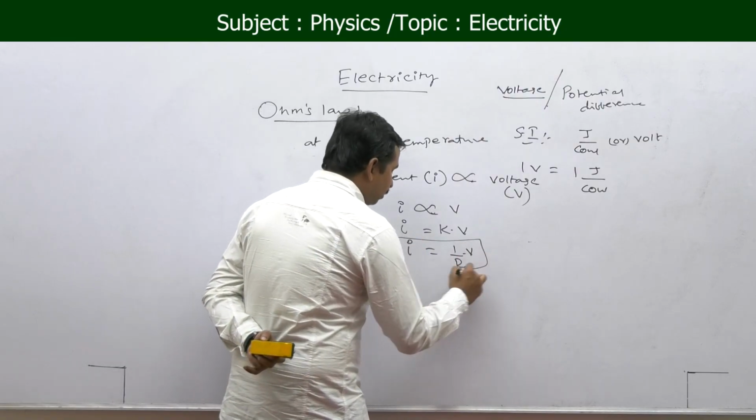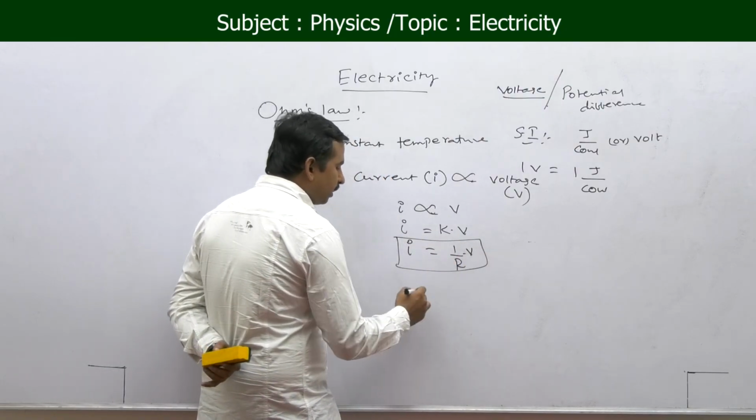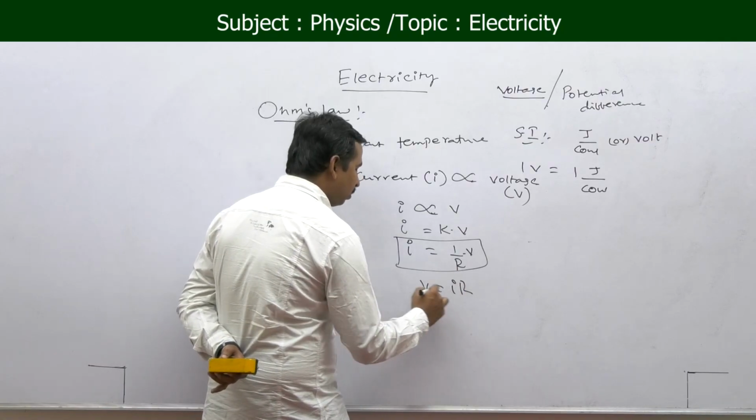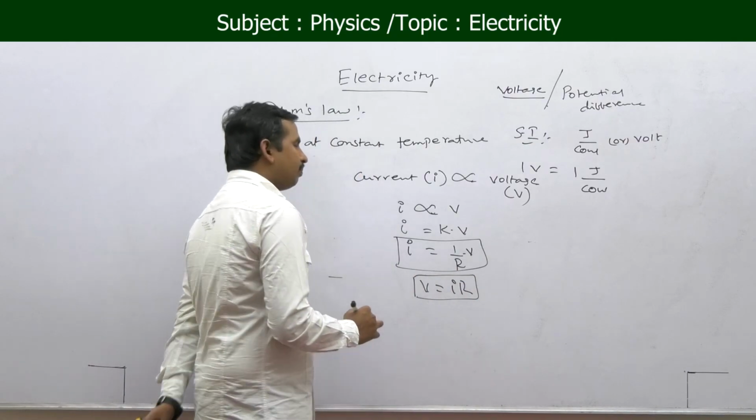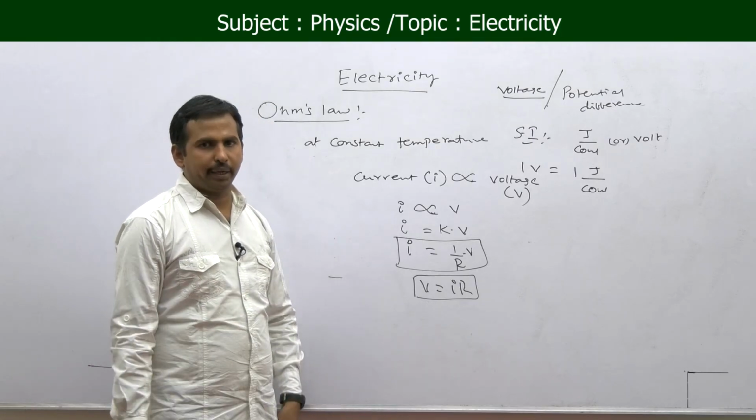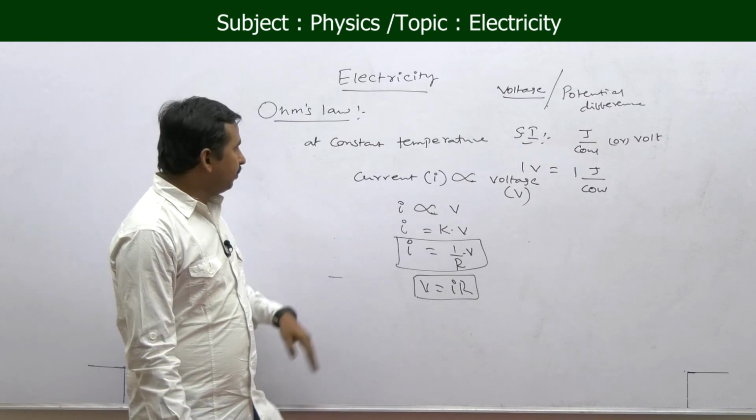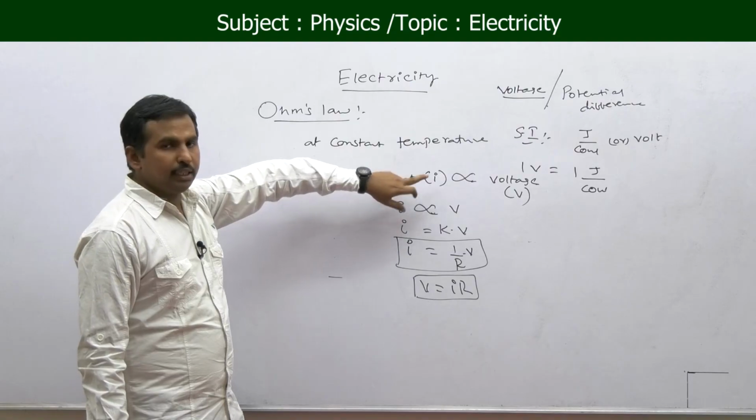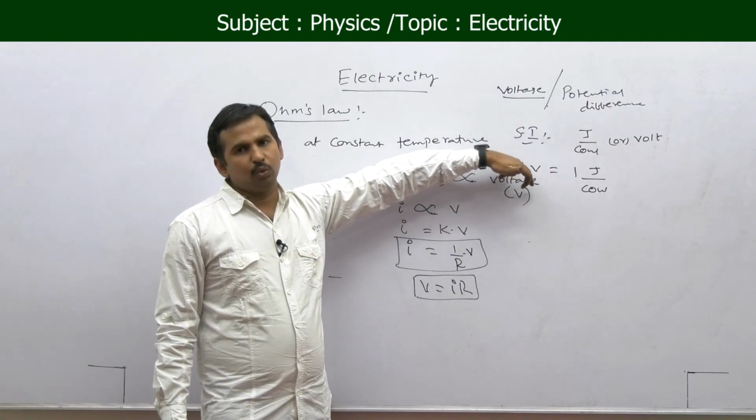So, this is the form in which we can write this one: if you bring this R to this side, then V is equal to IR. This is the mathematical form of Ohm's law, that is V is equal to IR. See the statement again: at a constant temperature, the current you draw is directly proportional to the voltage or